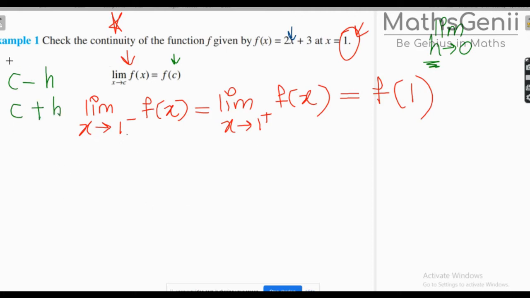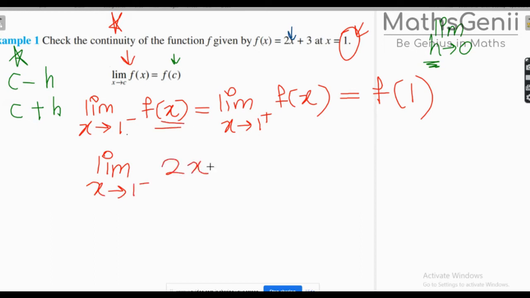And why did I introduce this? In this example, it's not very essential to use this, you can always solve it in a shorter way, but I'm introducing it because it's a standard method that you will carry in all the questions and you will not get confused. Okay, so I have limit x tends to 1 minus,